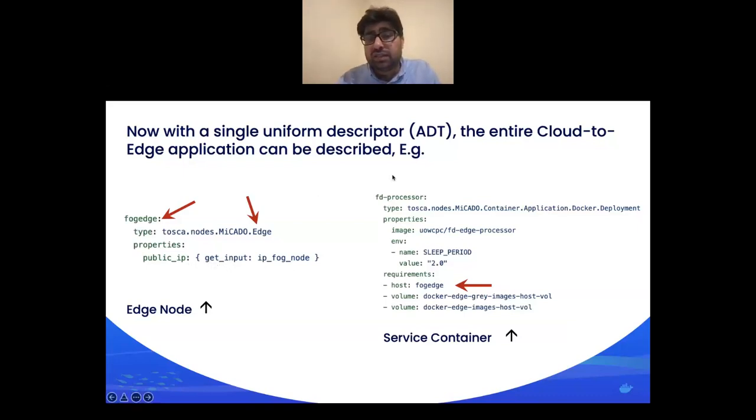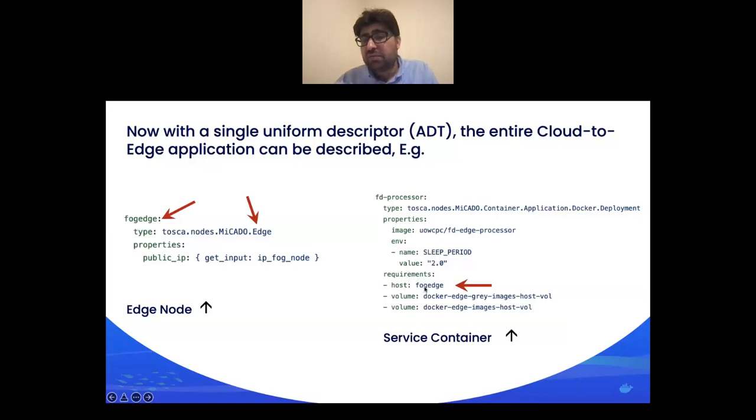Now, on the service definition, in the service mapping, if a user wants certain services of an application to be hosted by edge resources rather than cloud resources, we can define the service as a normal service, like in this case the Docker service, the image and various details of that service image.